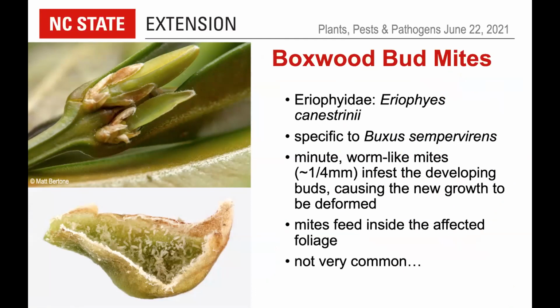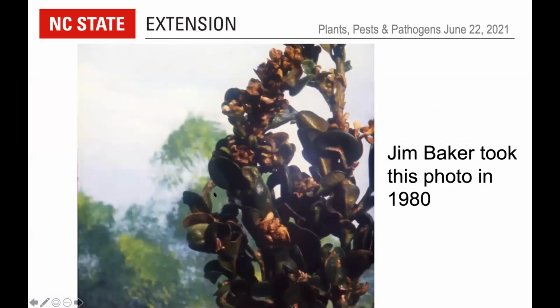And like I said, they're minute worm-like mites, and they infest the developing buds where they cause them to cup and deform, similar to the boxwood psyllid, but much more drastic. The mites feed inside the affected foliage, and they're not very common. This is the only one I've ever seen, and I was fortunate enough to get a nice colony there and take some pictures. I asked Jim Baker, who you will be hearing from later this year, and he's an emeritus